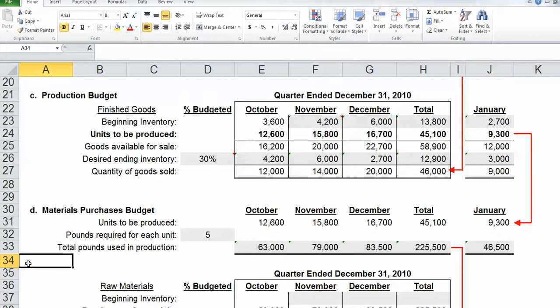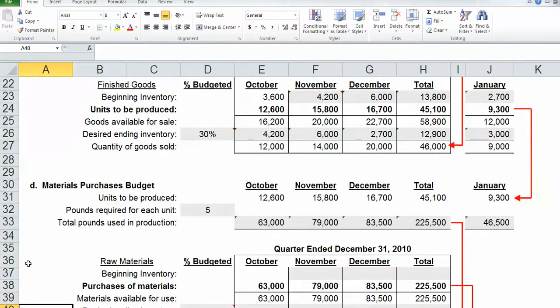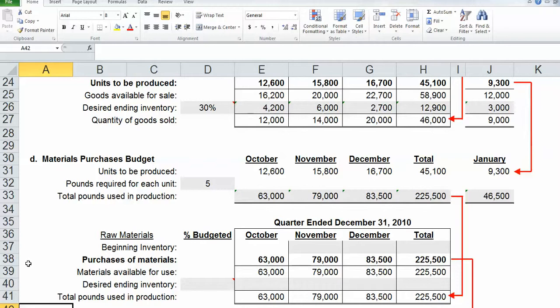All right, we got to go down a little bit further now. So that's what we need. But let's see what we already have. In the problem, it says we began with 25,200 pounds on hand. So if we need 63,000 pounds for the production, that means we need to purchase 37,800